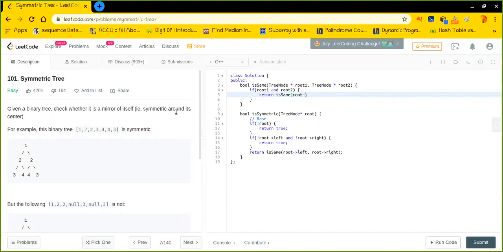Okay, so that is why I'll first explore the left part and similarly, I'll try to explore the right part of the tree which is rooted at root 2. Okay, and in the same fashion, I'll go on and check whether the root 1's value is equal to the root 2's value. Okay, and all these things are done.